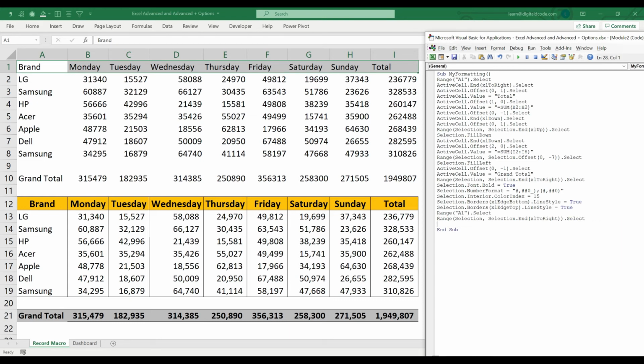Then here again I need to change it. So first I'll apply border. Cell start. Border dot line style equal true.